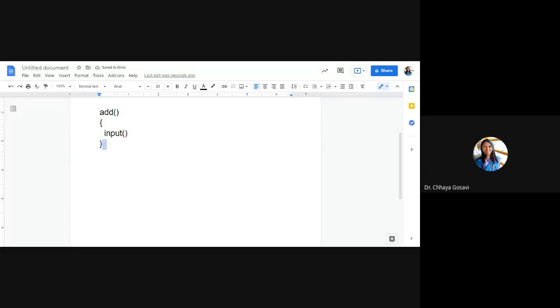So the sequence is main calling function add, calling function input. I hope you are familiar with the function concept in C language. Input accepts input from the user and returns control to the add function. The add function will perform addition and return the result to main, and main will display that result.